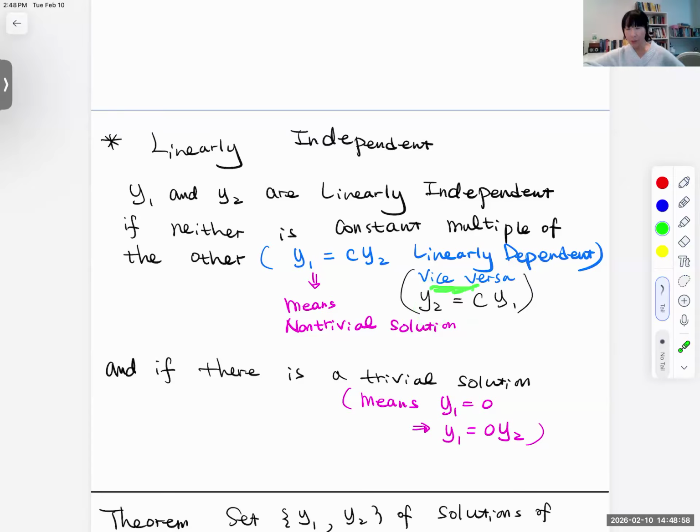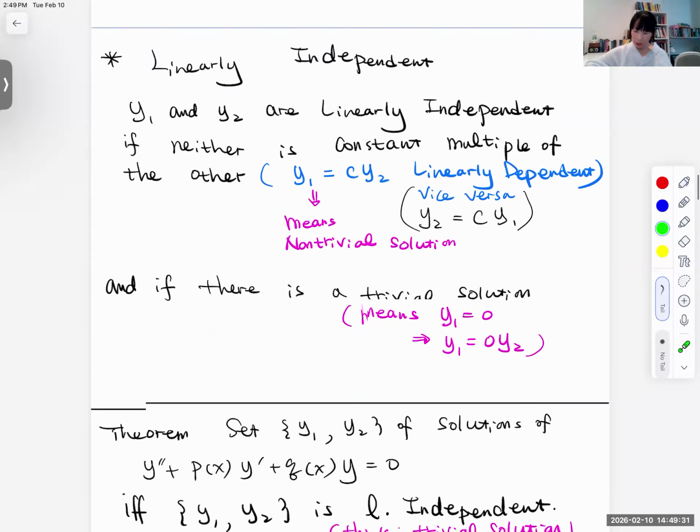So vice versa means we can express this one or this one, so we can switch y sub 1 and y sub 2, right? We call this a constant multiple of the other, so linearly dependent. Also, if we have a trivial solution, that's also linearly dependent, right? The answer equals 0. That's a trivial solution. Okay, now,